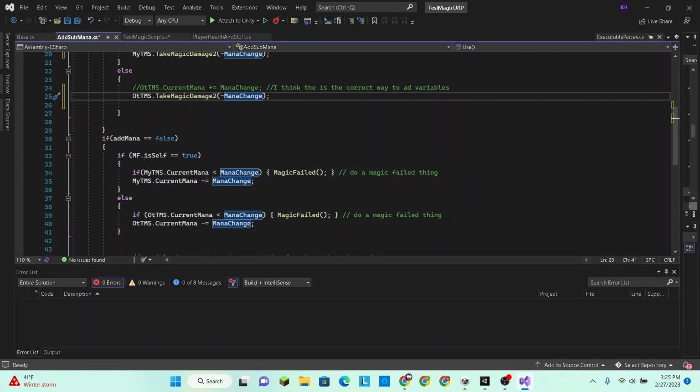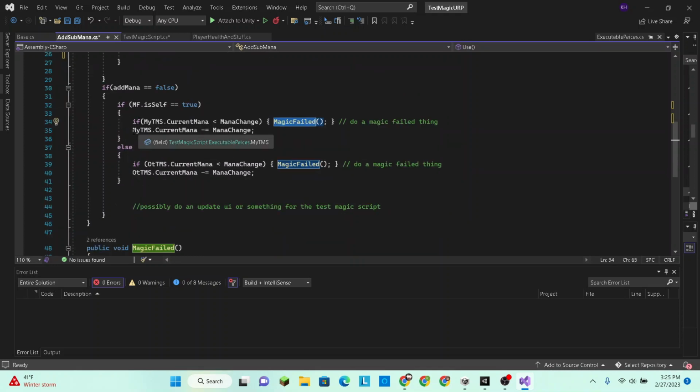Looks like we have a check to do the magic failed thing. So if my TMS.current mana is less than mana change, then magic failed. Okay, that makes sense. But so then, all we need to do is we switch this